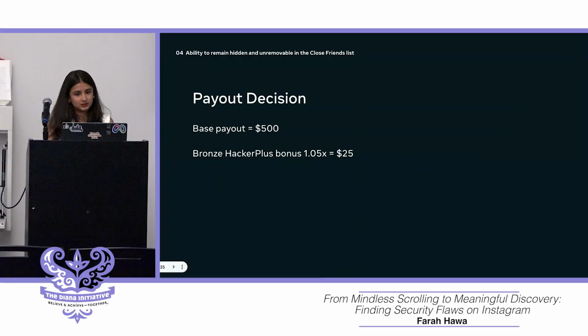The payout decision for this. Our team decided on a base reward of $500, which, as I mentioned before, is our minimum bounty that we give. This is considerably lesser in severity and reward because of two things. One, the attacker in this case needs to be added to the close friends list in the first place. This reduces the scope of the attack. And secondly, the victim needs to be under 25 years of age. You can't add a minimum age that's over 25 on Instagram. So this won't work with a victim who is over 25. So, if you want to solve this problem, just grow up.